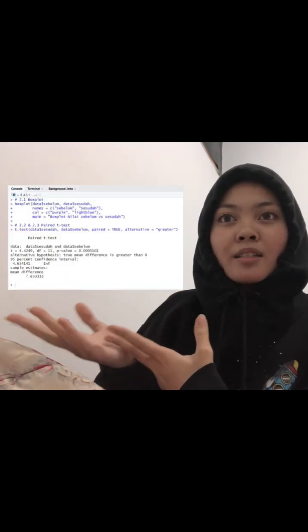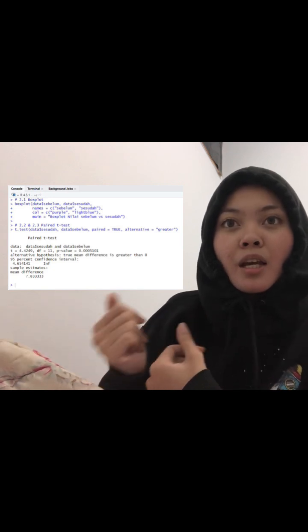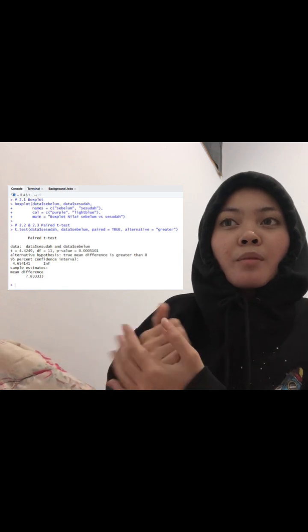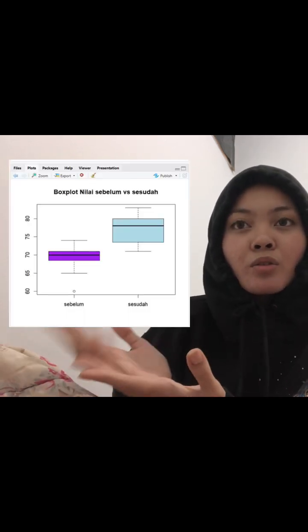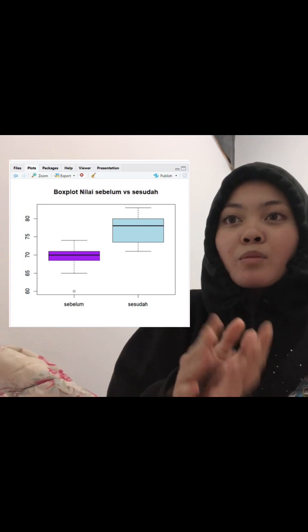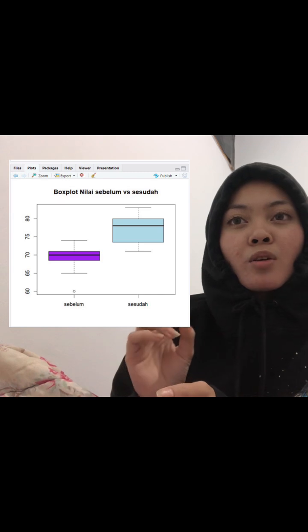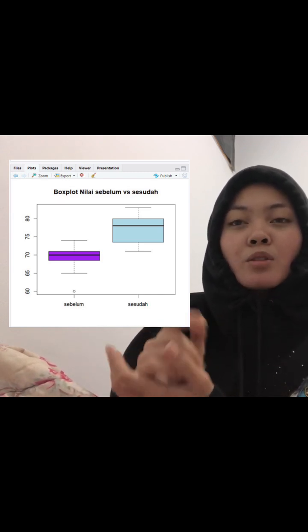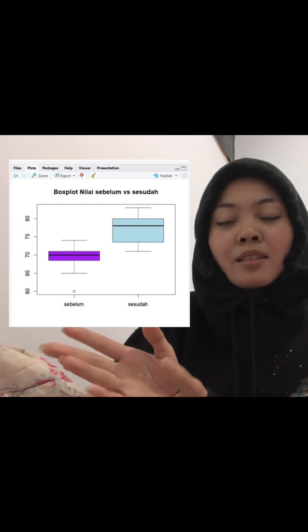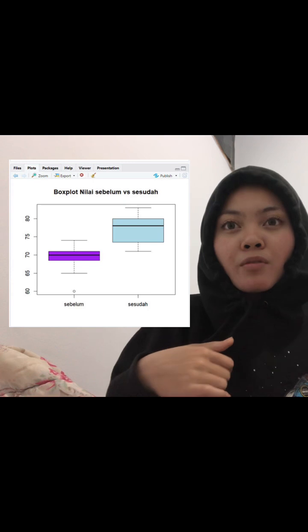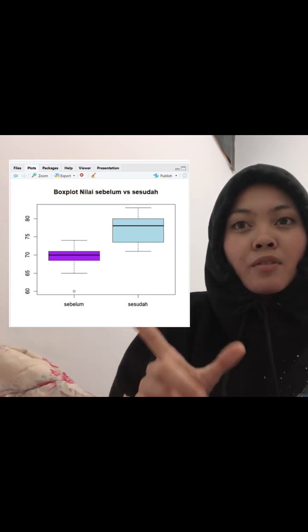Okay, next, this is the result. This part visualizes and compares test scores before and after a treatment. A paired t-test is used since the measurements are taken from the same group before and after. The box plot shows a visible increase in values from sebelum to sesudah. The t-value is 4.42 and p-value is 0.00051. Because the p-value is less than 0.05, we conclude that scores after are significantly higher than before. The mean difference is 7.83 points.